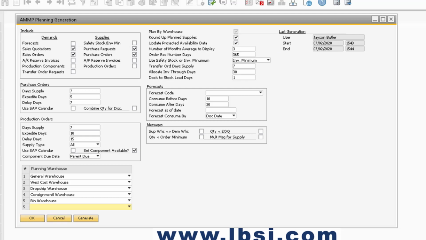The calculation will display complete months only, and it will start with the previous month and go backwards, according to the month you run planning generation. So for example, if you run planning generation in July of 2020, and you set this field to 3 months, the calculations will be displayed for April of 2020 through June of 2020. The calculation is based off of the AR delivery, AR return, AR invoice, AR credit memo, and the production component